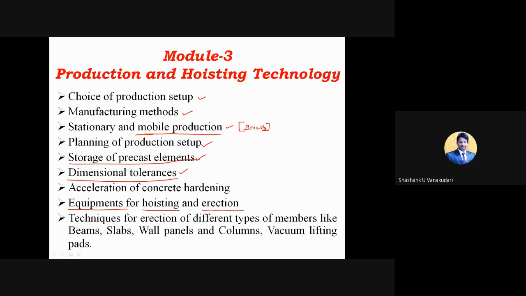Depending upon these factors, the type of hoisting and erection equipment will be chosen. Okay, and then certain techniques are there for erection of different types of members like beams, slabs, wall panels, and columns, and vacuum lifting pads. So the vacuum lifting pad is also a technique. Just by vacuum pressure, several members can be moved from one place to another. Okay, so these parts we will be studying in module 3.